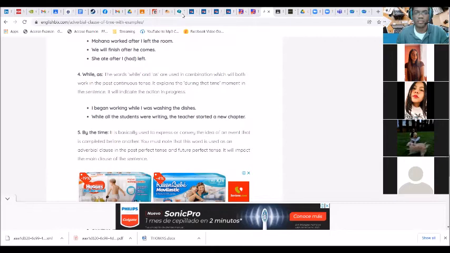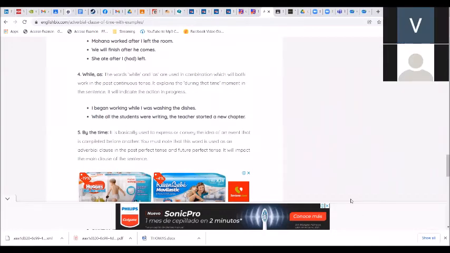It will indicate the action in progress. I began working while I was washing the dishes. We, all the students, were writing while the teacher started a new chapter. Good. All right. While would be mientras. You know, something is happening. You can use this for progressions, just like we did with when. Next one,